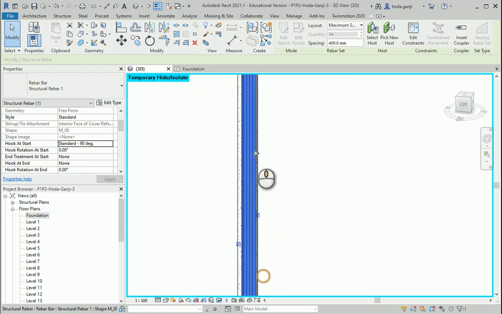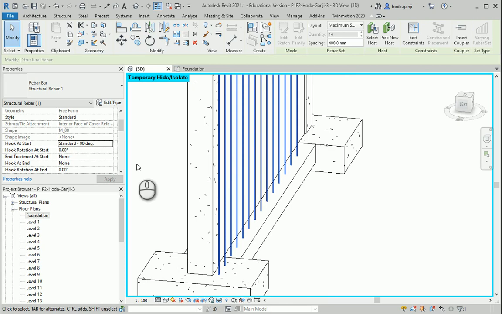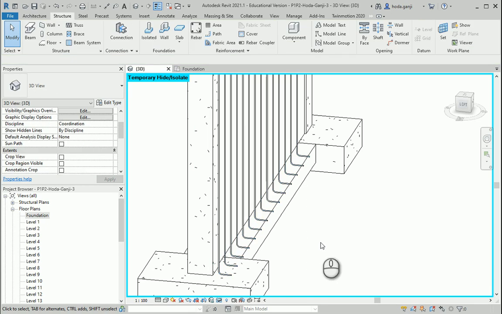For the bottom, I'll do something else. I want to bend it the other way around. So it's going to be exactly in the foundation. Sorry, that was for the top. And for the bottom is here, hook at the end. This value should be 180 or actually standard negative. So for the bottom, I want to adjust it to standard again, but the value needs to be 180 for the degrees. So it's going to be like this.